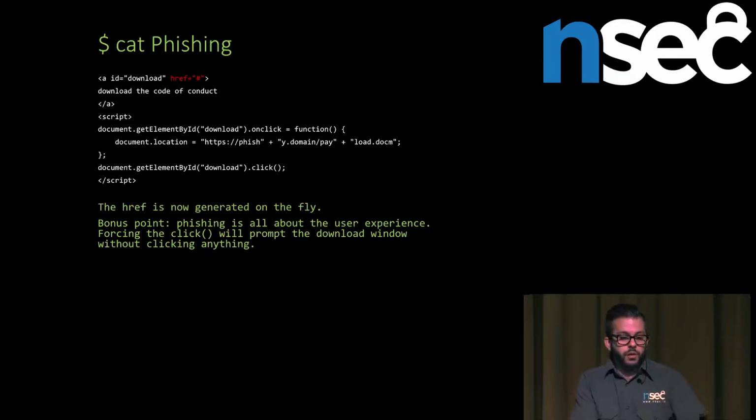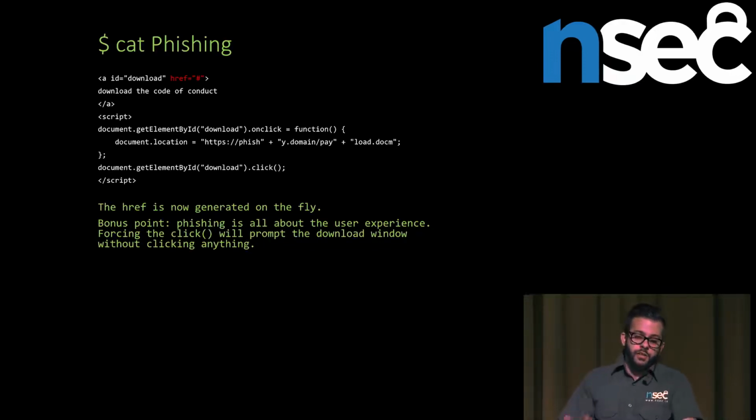You basically create the link, which is an empty link. So when they crawl the website, they're not going to find anything, and they're just going to forget about this link and say, yeah, there's nothing shady here. That's a perfectly fine website. However, you have your little piece of JavaScript at the end that basically creates the location and fills the URL for you.